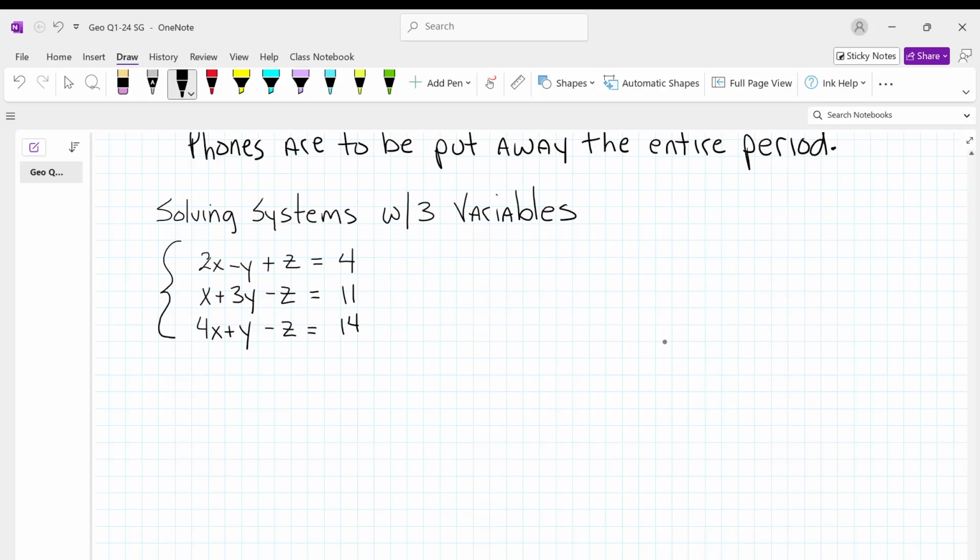All right, so three equations, three variables. We've got to solve for each variable so that those solutions will make every equation true. So here's your technique. First thing you do is you number the equations, 1, 2, and 3. Then your second step